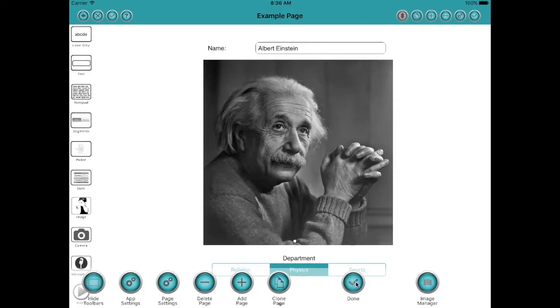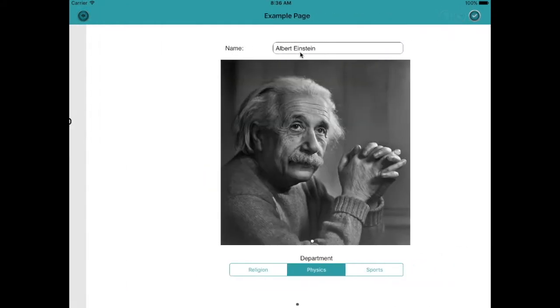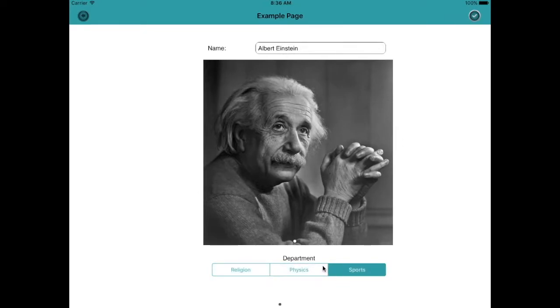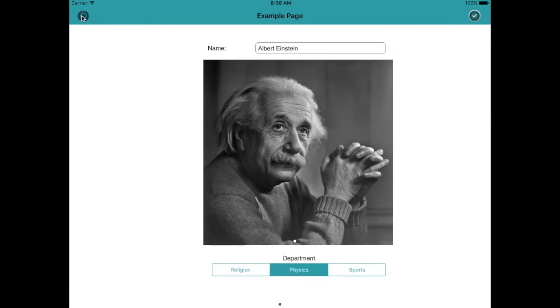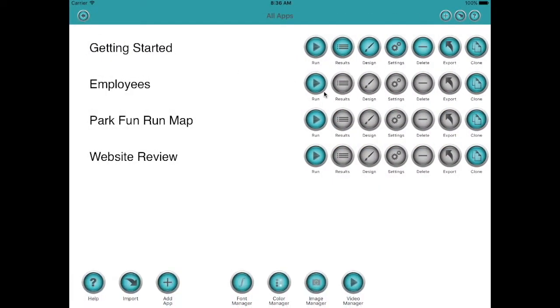So I'll unhide the toolbars, click done, go into run mode, and you'll see that we can change this segmented control, but the default value for it was physics, and I can also change the edit box value if I want to as well. So there we are, that's the app running. Let's go back to the design mode,